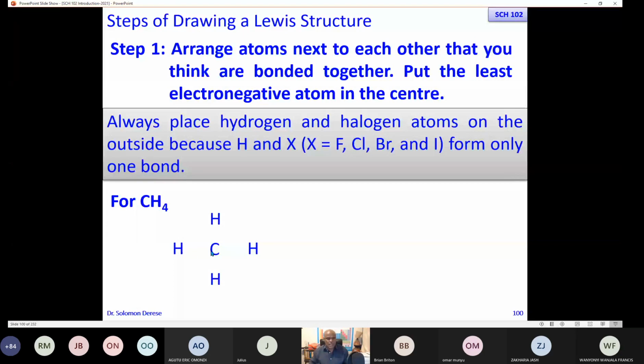The hydrogens are on the outside. The reason why we are putting the hydrogens on the outside is so that they can only form 1 bond. So this hydrogen can only form a bond with this carbon. This hydrogen can only form a bond with this carbon. This one can form a bond with this carbon. Only possibility of forming 1 bond. So the first thing,